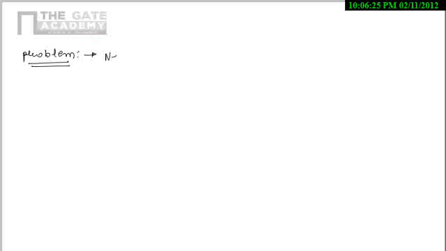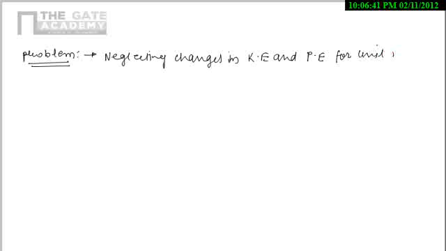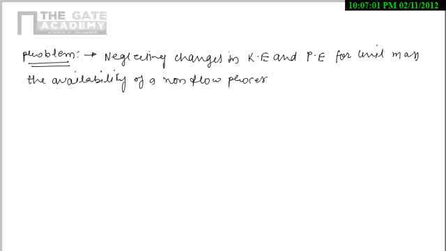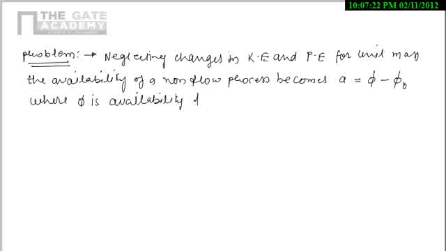Neglecting changes in kinetic energy and potential energy for unit mass, the availability of unit mass of a flow process becomes A equals phi minus phi 0, where phi is the availability function of